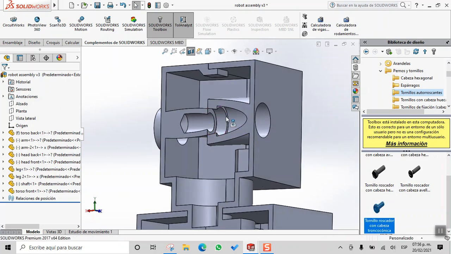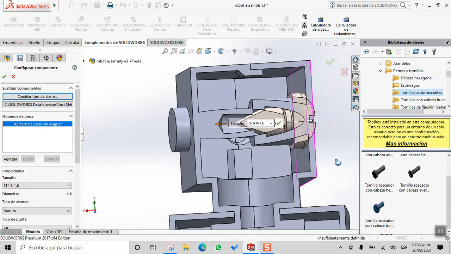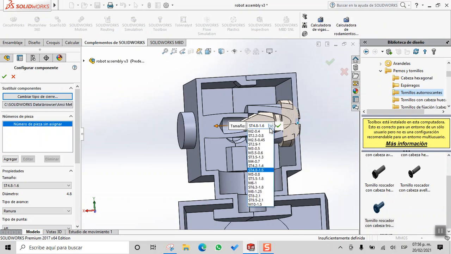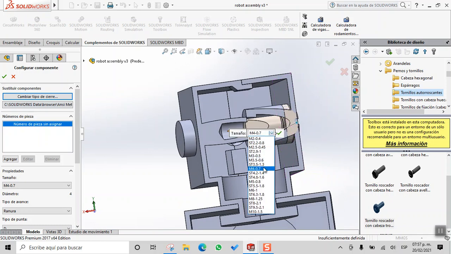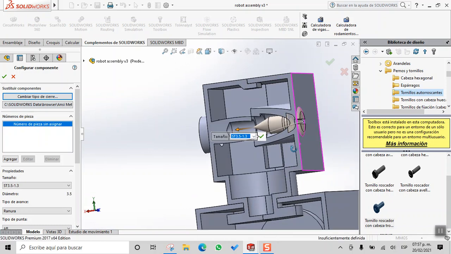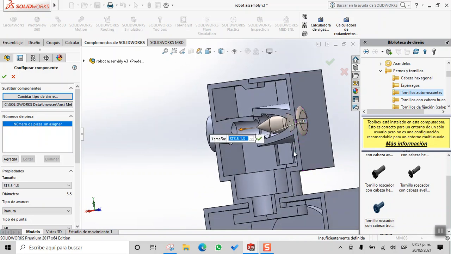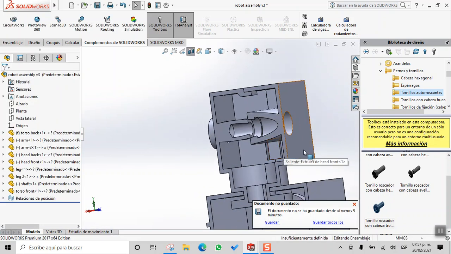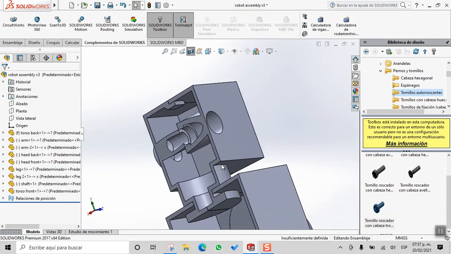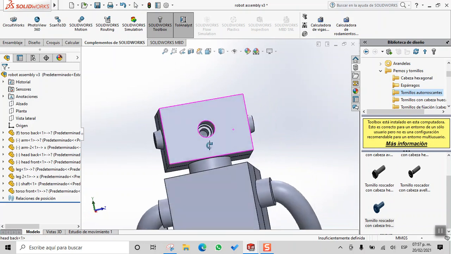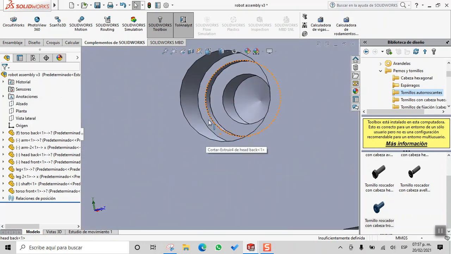Okay, so click and okay, M4, so it doesn't fit at all. M3, so this is doing whatever it wants. Okay, so we detected many issues. Let's turn off these, and we want the screw to touch right here. Okay,